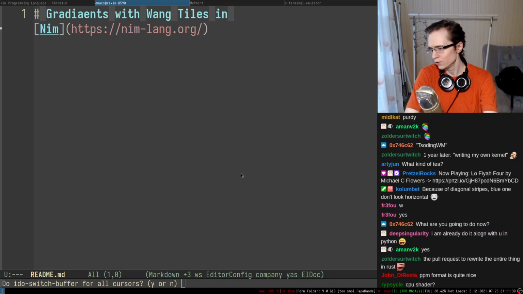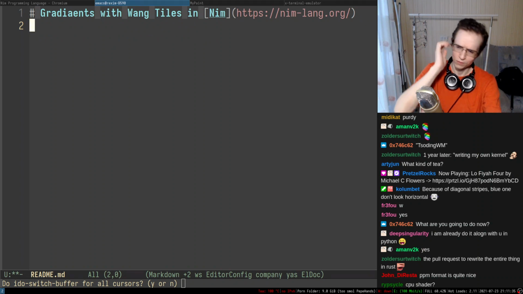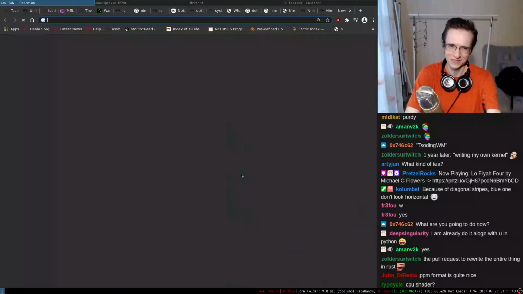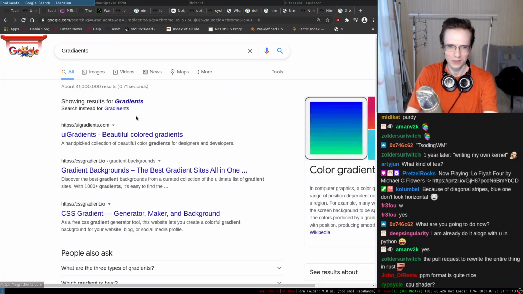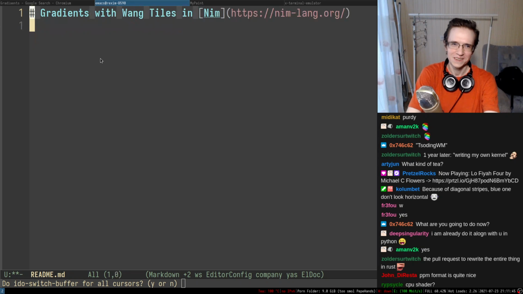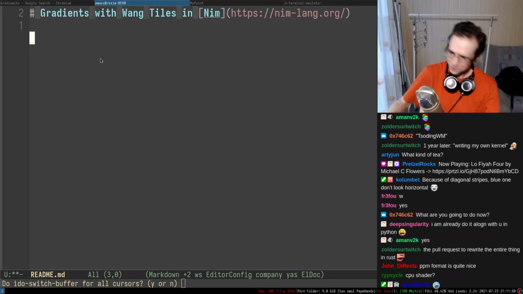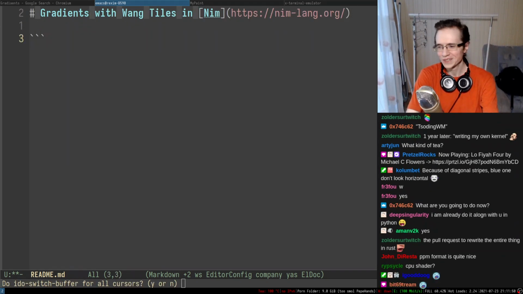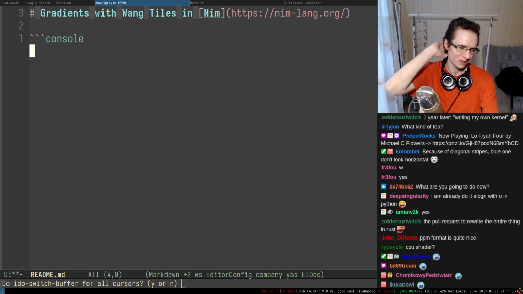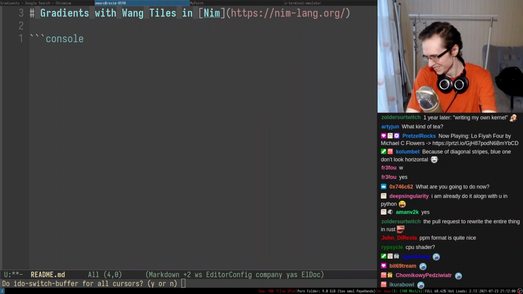The pull request to rewrite the entire thing in Rust. Unfortunately, these days I don't really look at my notifications on GitHub anymore because I have too many of them and I just couldn't be bothered, so I'm sorry. I'm really sorry. I feel like an asshole, but it is what it is. It's just too many things that are not even that important, so I don't bother.